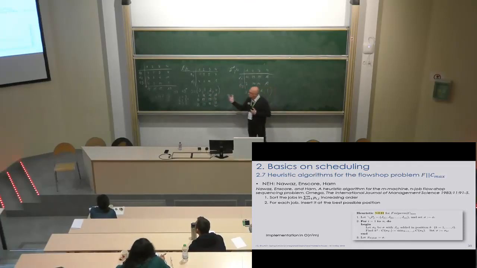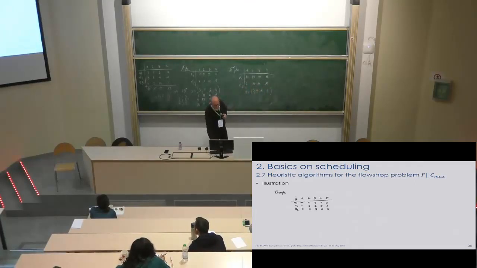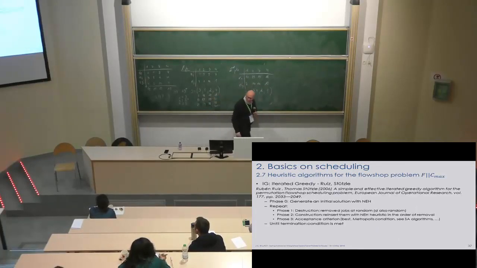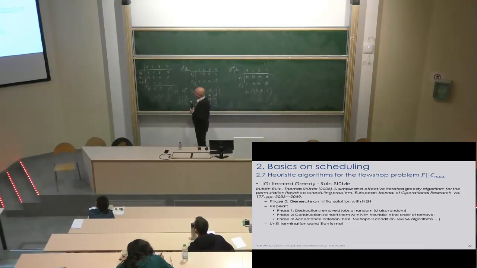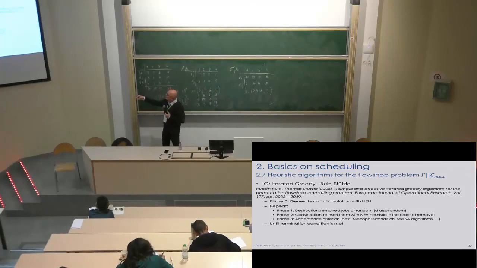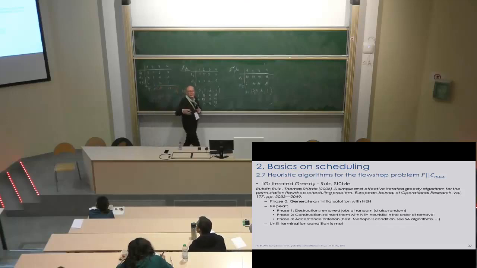It takes more time, but it's polynomial, so it's okay. Then you have the iterated greedy, proposed by Ruben Ruiz and Thomas Stützle in 2006. It's based on the NEH solution. You take the sequence given by NEH, then you remove some jobs randomly, and you reinsert these jobs at the best possible position according to the NEH algorithm. And you have also an acceptance criterion, if you keep the solution or not,